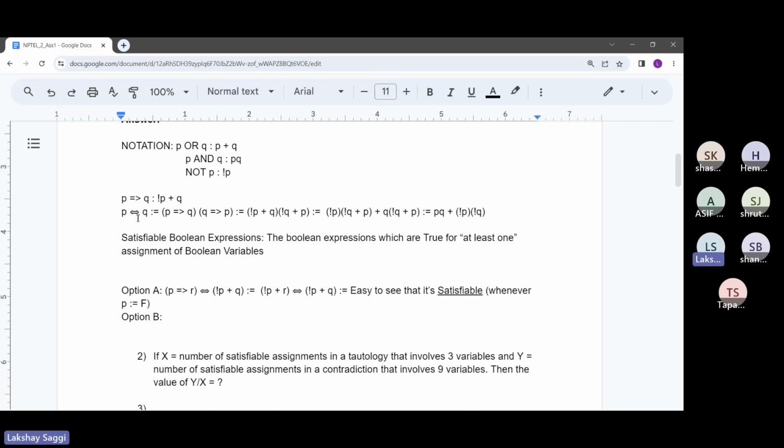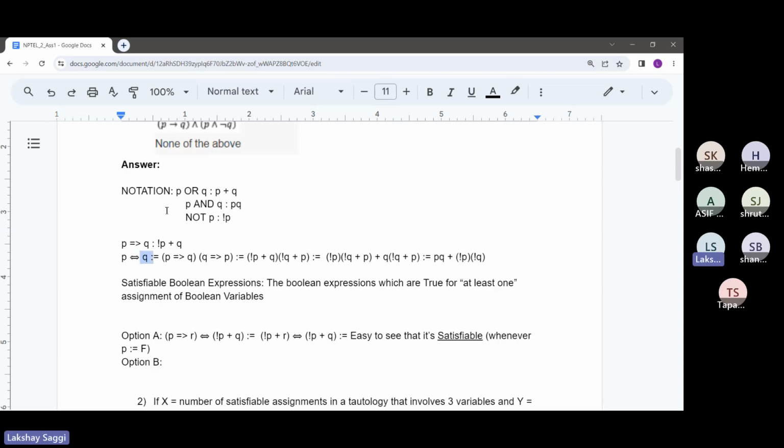This sort of problem may seem a bit trivial to you guys, but I'm trying to discuss all of this from the start because personally, I feel that in discrete maths, or let's say in Boolean logic, the basics are much more important to cover, because if you know the basics, you can solve any problem. The problem which may seem complex at first can be solved rather easily if you are clear with the basics. That's why I'm spending more time on these trivial problems, so that everyone can have a good grasp on all these basics.